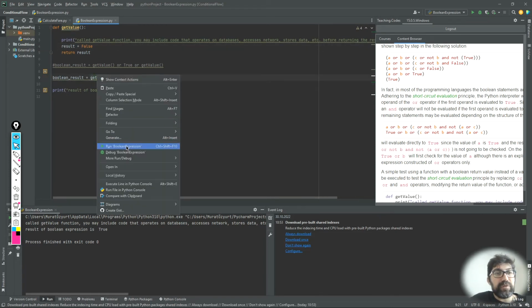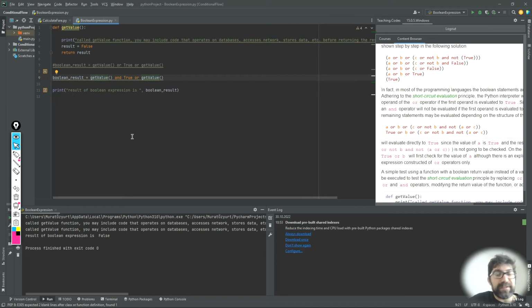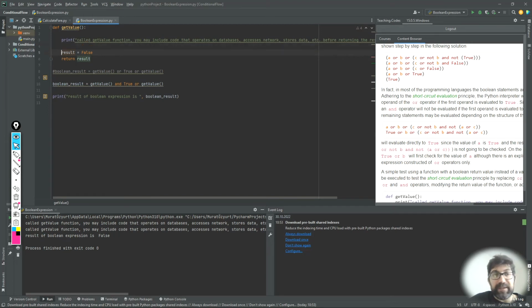it's going to call the get value function for the second time in the hope that it's going to obtain a true result, which might be possible, again depending on other factors. So it first makes a call to the get value, and it returns this text. It prints this, outputs this text using the print function, and returns the value false, and false